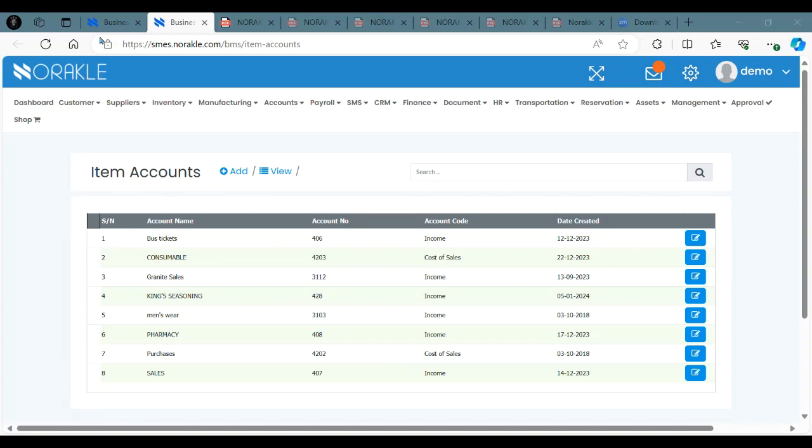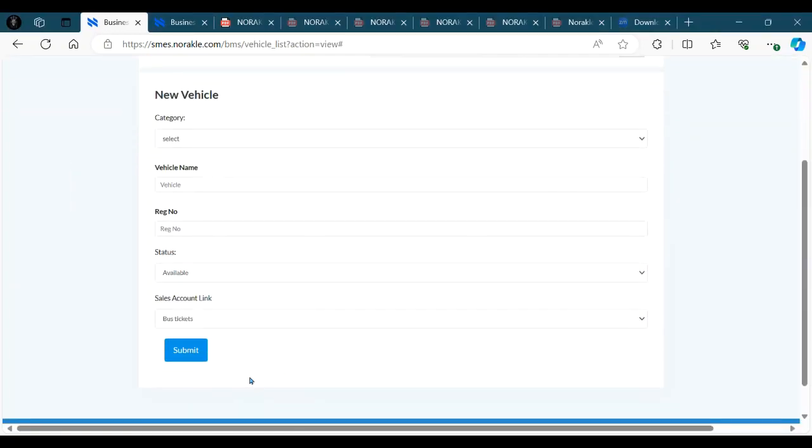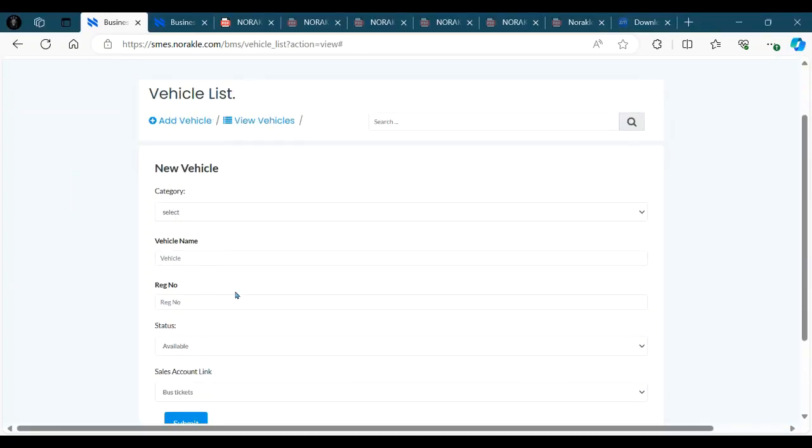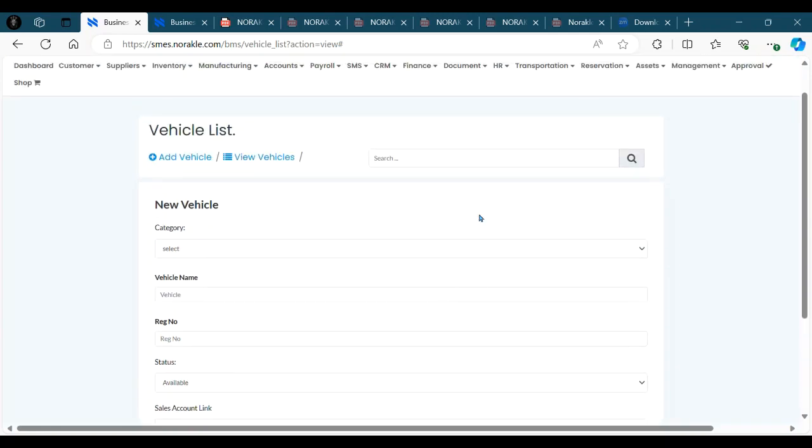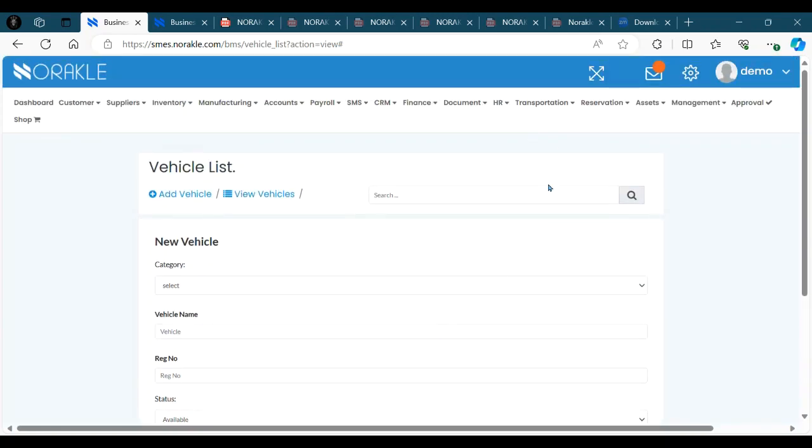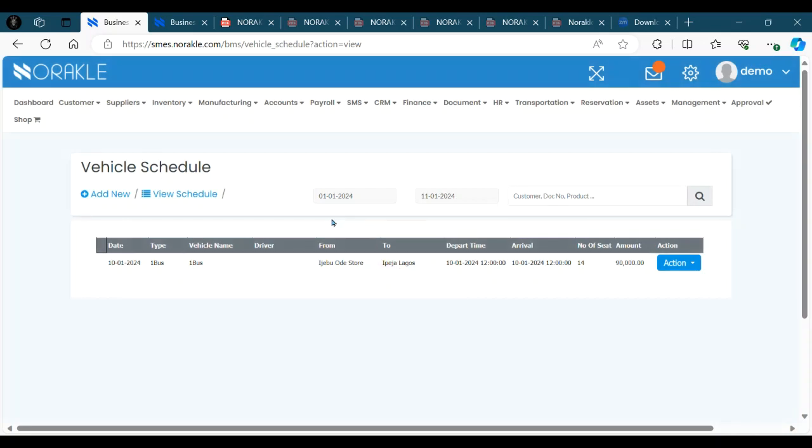All right, so moving on, once this vehicle has been created, we click on submit, and that information has been registered. So we can create as many vehicles as we currently have in operation. And then we move over to vehicle schedule. Now under vehicle schedule, this is where we now want to